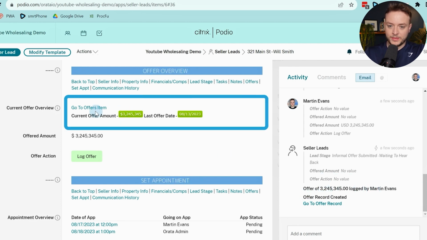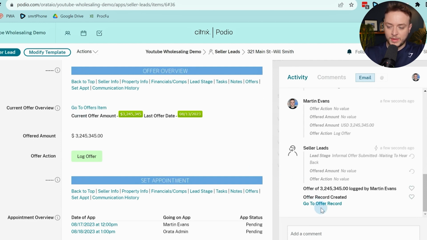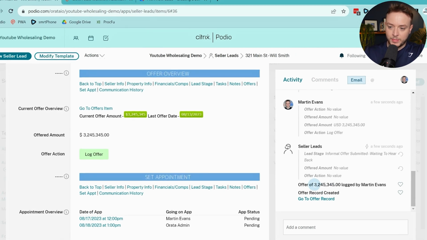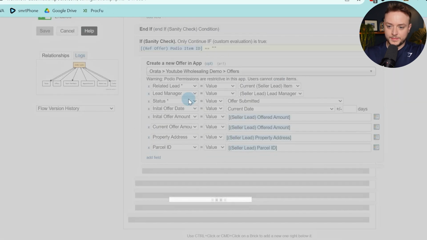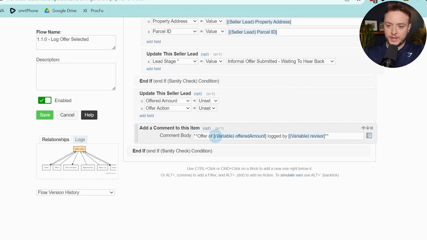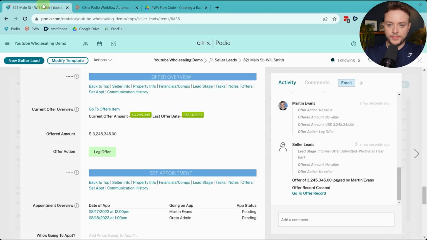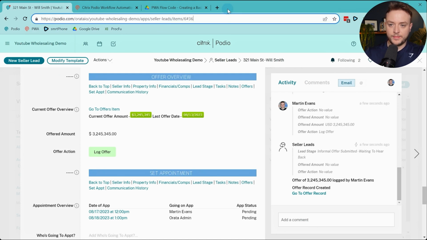We can see the value shows here, this updated, and we get a link to our offer record. Maybe what we also want to do is put in a dollar sign. So what we can do is come here and simply add a dollar sign before this amount. So if we now refresh the page,